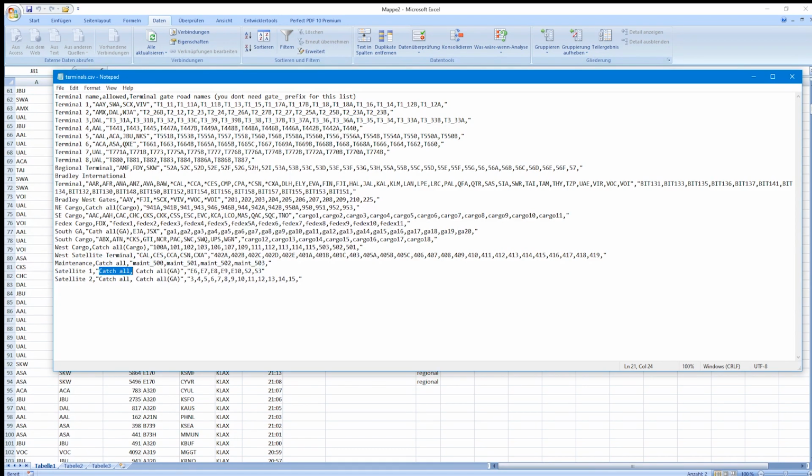So we have here a catch-all cargo, a catch-all general aviation, and a catch-all for basically anything. Because if all of a sudden you say, I'm going to have an aircraft which doesn't land in LA, but I would like it to land there, but I don't want to give it a specific terminal, or maybe you've missed it by adding a code in the correct terminal, then the aircraft should actually land or depart or sit down there for departure at the satellite 1 or the satellite 2, or in case of the cargo